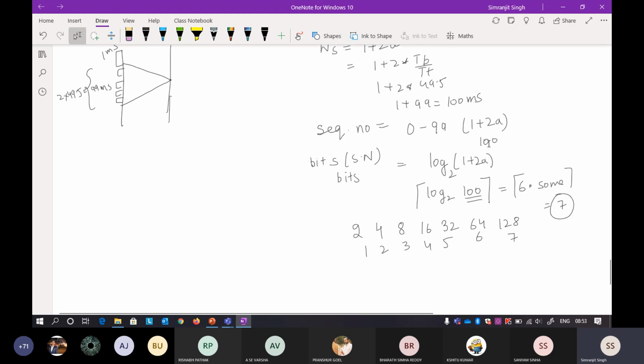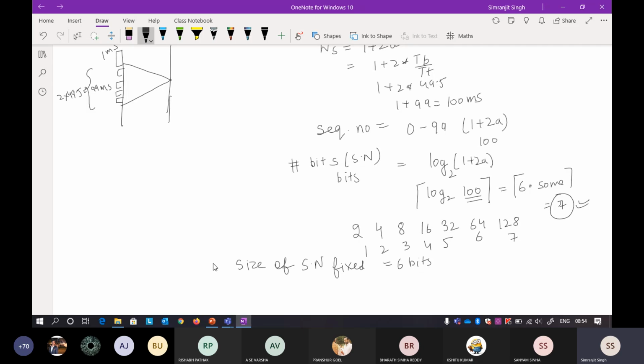So till 100. But actually, the efficiency depends on the header. In the question, I'll say that the size that is fixed is 6. It is not possible that the size given to you is 7. If you use the 7-bit sequence number, your efficiency will be 100%. There is no problem in that. But actually the size of the sequence number field is fixed. Suppose it is fixed to 6 bits.